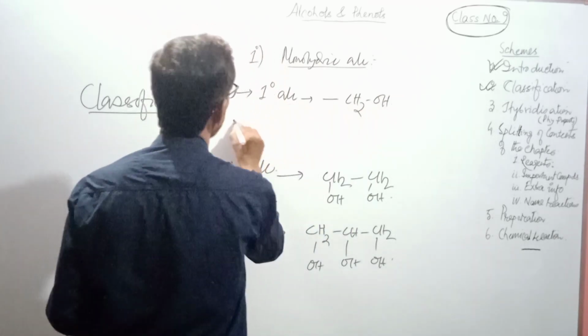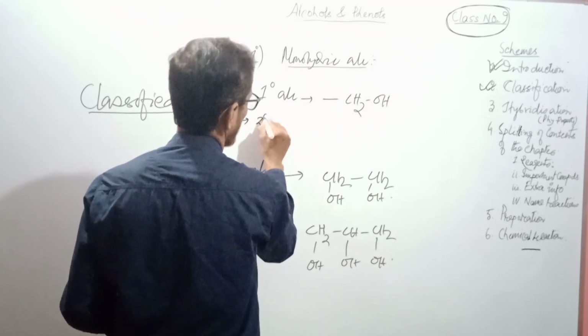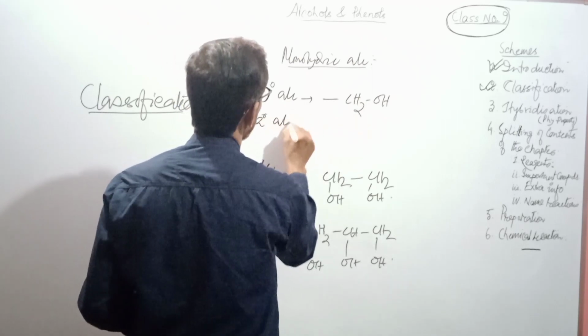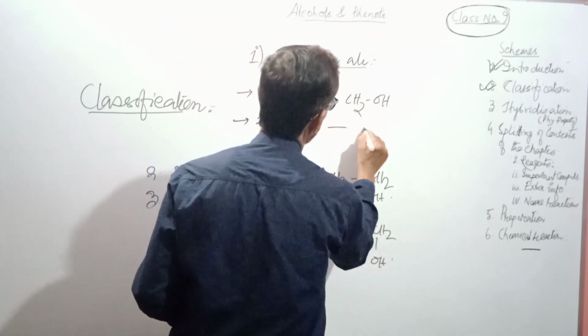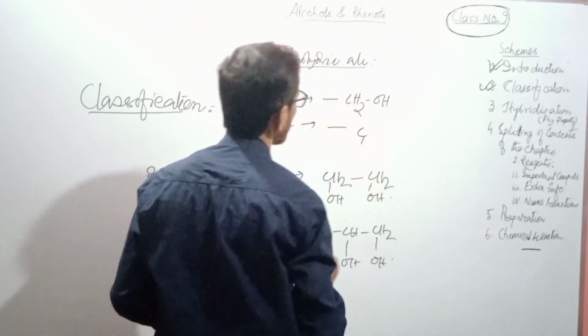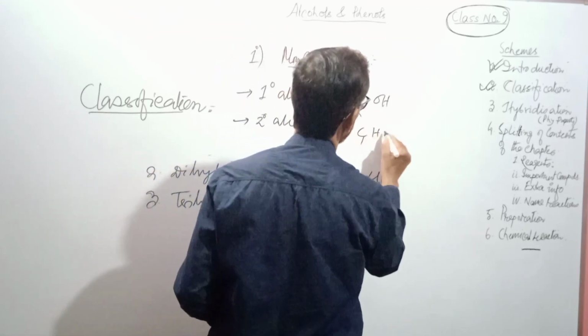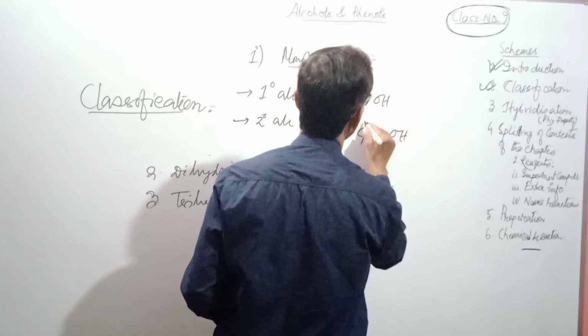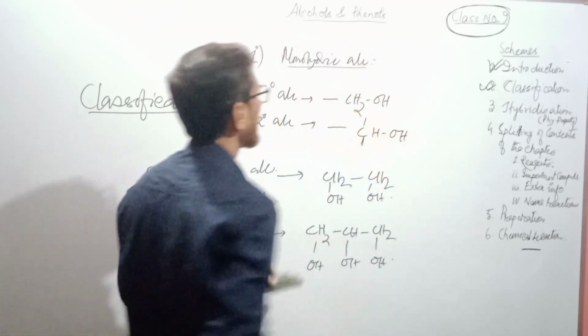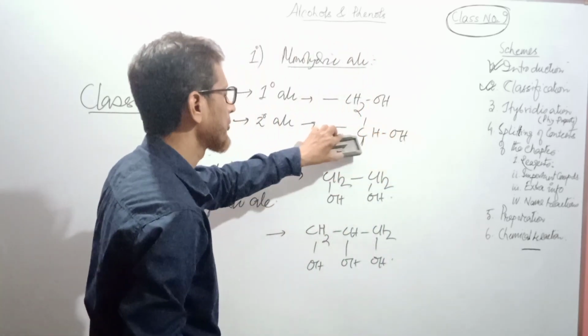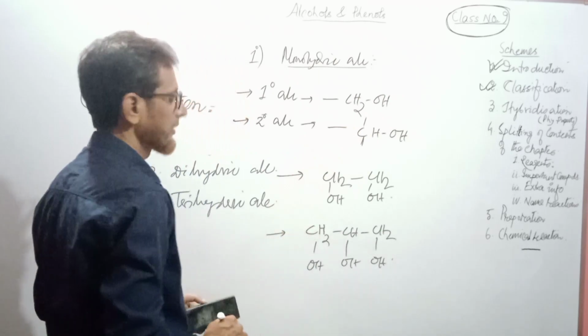Number 2, if the OH group is attached to a carbon which has only one hydrogen, it is called